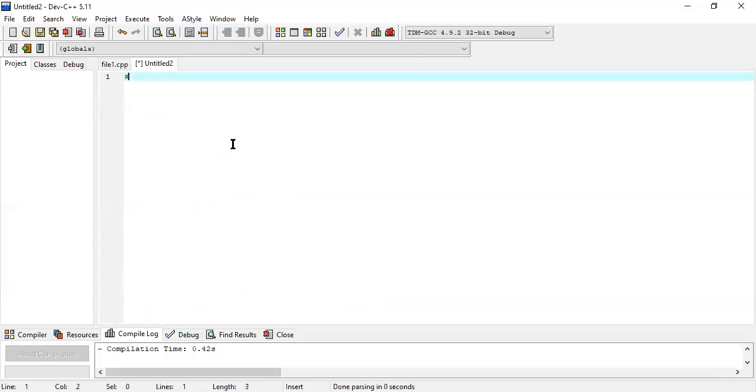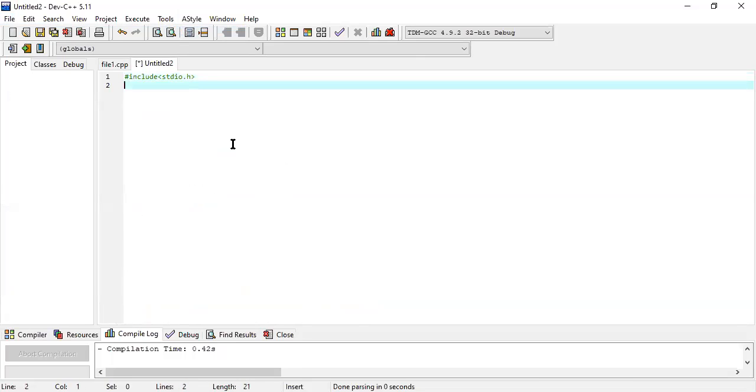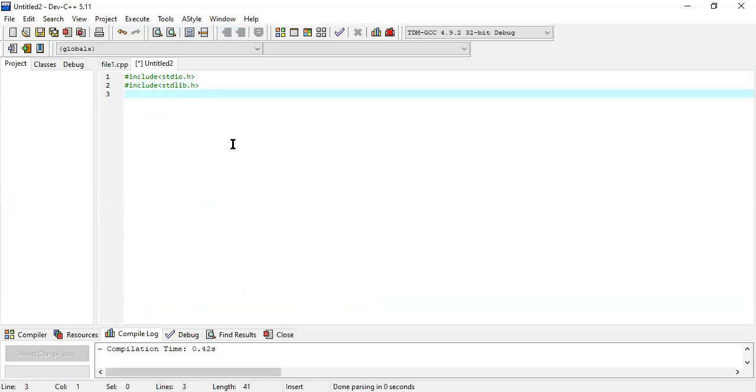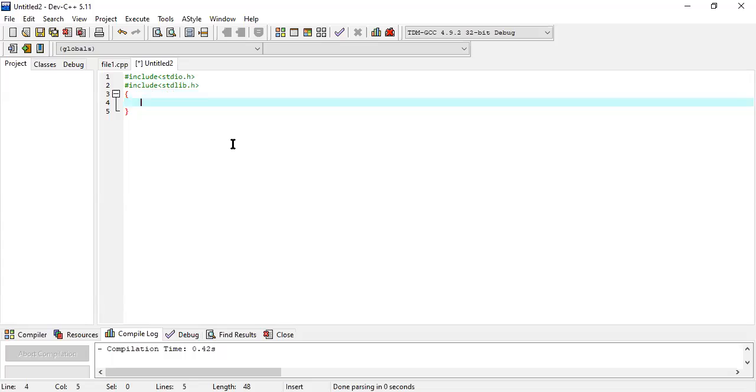I'm writing the program. Simple: hash include stdio.h, and obviously hash include stdlib.h. After that, int main.